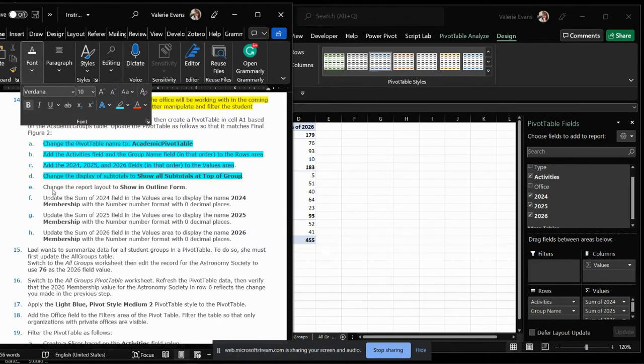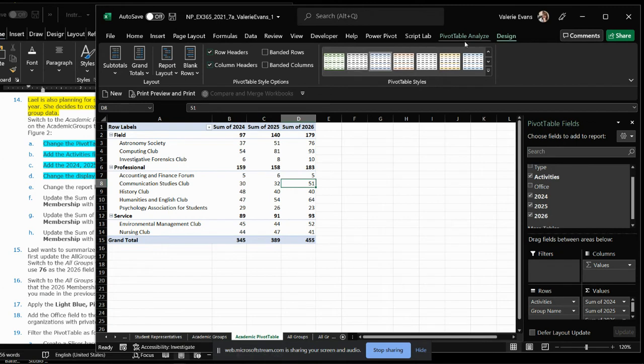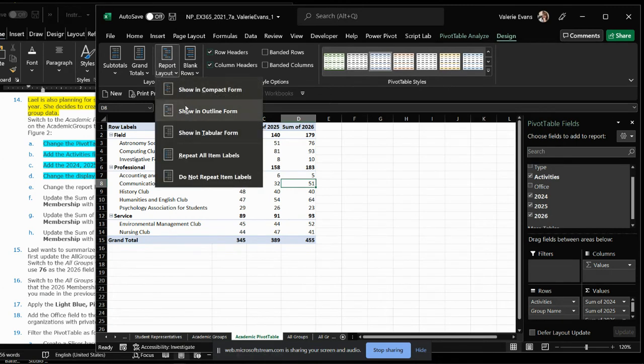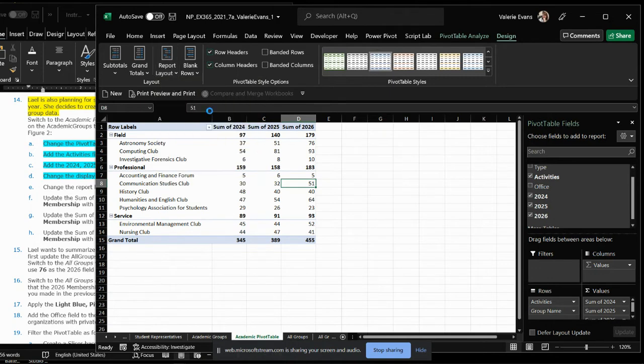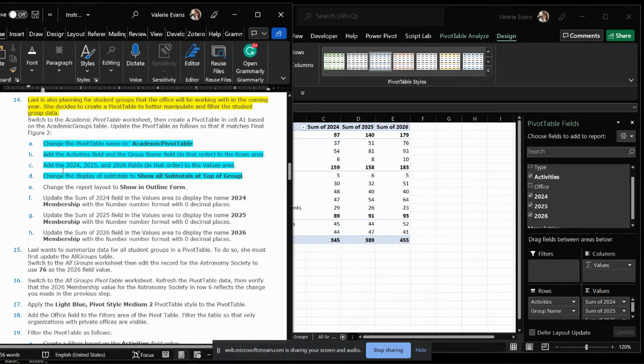Check, and boom. Change the report layout to show in outline form. All right, still Design, Report Layout, Show in Outline Form. Boom. And done. All right, so now I'm going to update the sum of 2024 field in the values area to